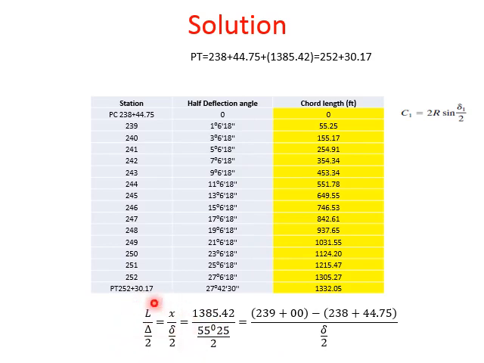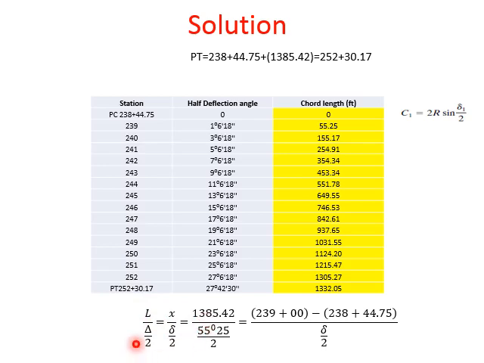You have this ratio, you will apply this ratio approach. So the ratio of the complete length of the curve upon half of the complete angle of the curve will be equal to the length of the small part of the curve upon half angle of the small part of the curve, because it's the same curve, right? The small part is for the same complete curve, so the ratios will be equal.